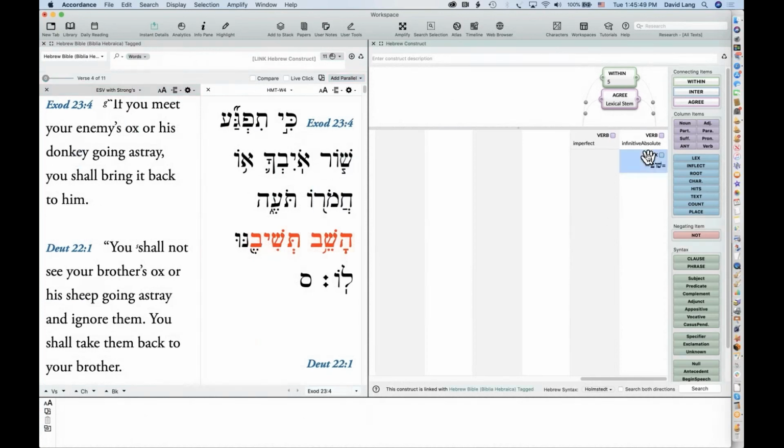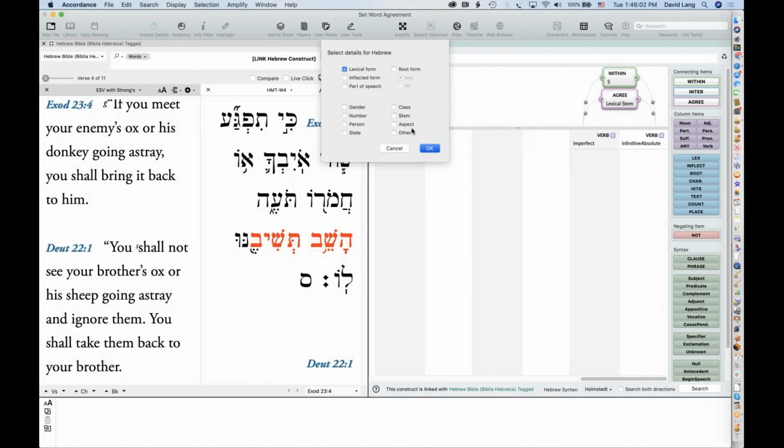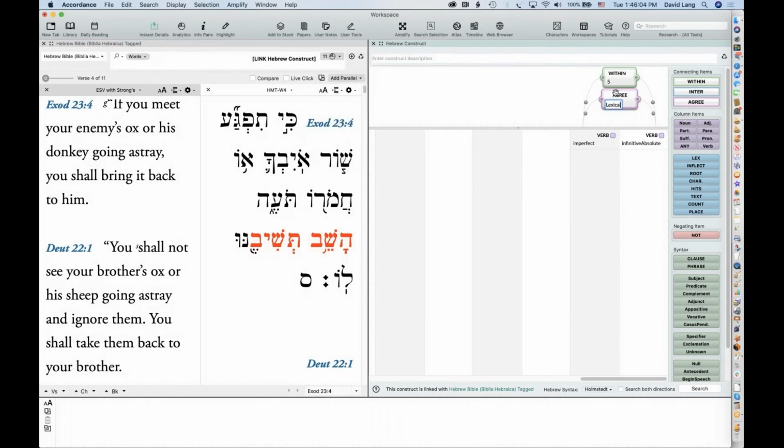And let's take shuv out of here and let's test this and see, well, is agreement by stem necessary? What I'm going to do is uncheck stem so that these agree in lexical form.